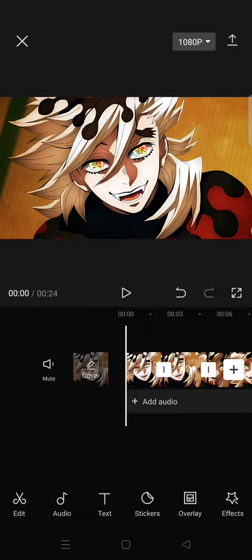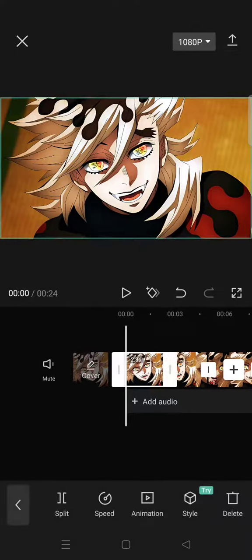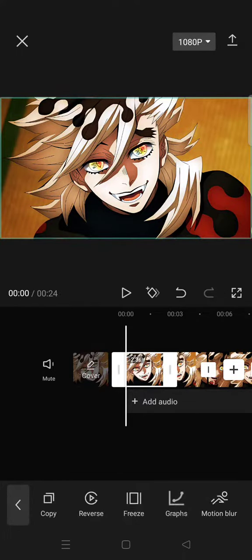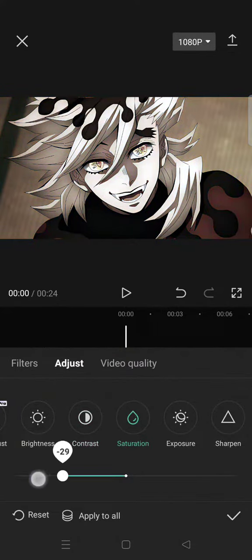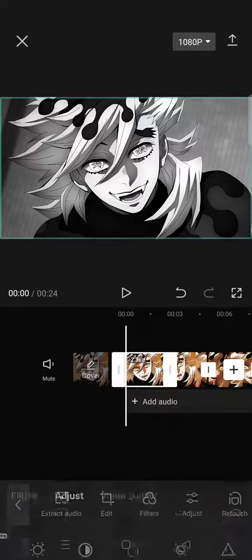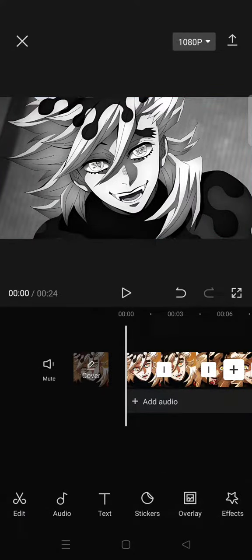So on today's video, I'm gonna show you how to easily create a leggy intro video in CapCut. So first you need to prepare your edits and then just click on the first video or the video that you want to set as intro, and then go to adjust, lower the saturations of the clip to -50 like this, and then just go to the video effects,